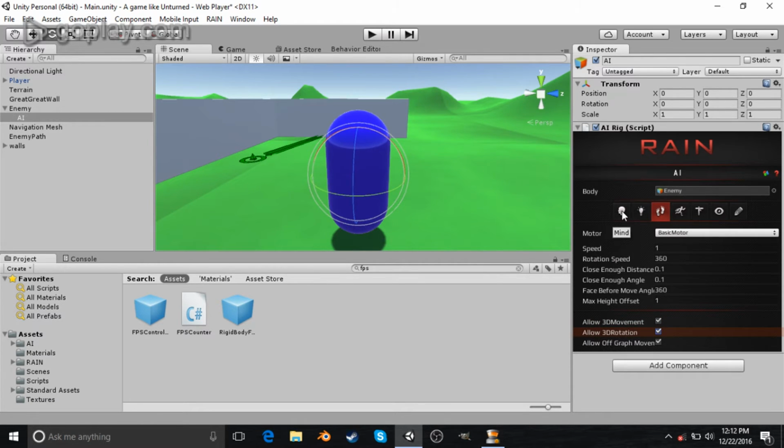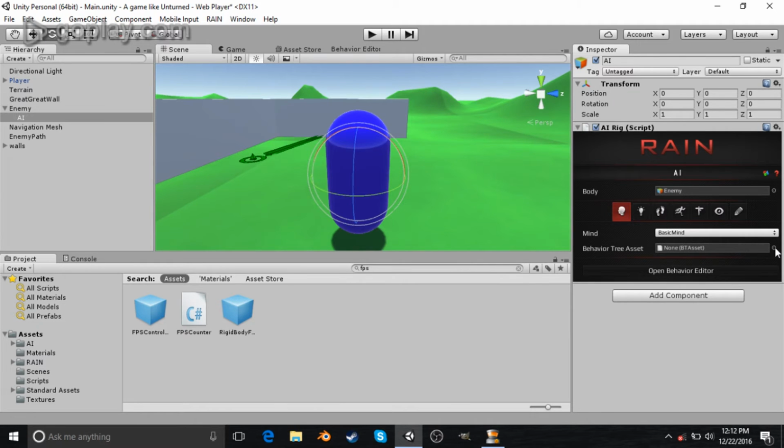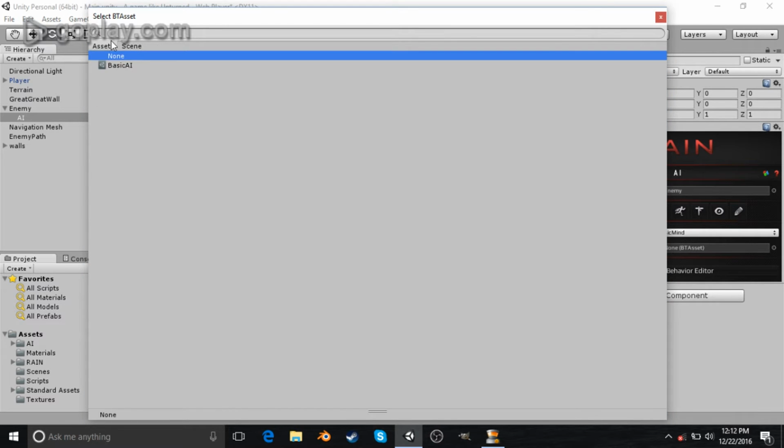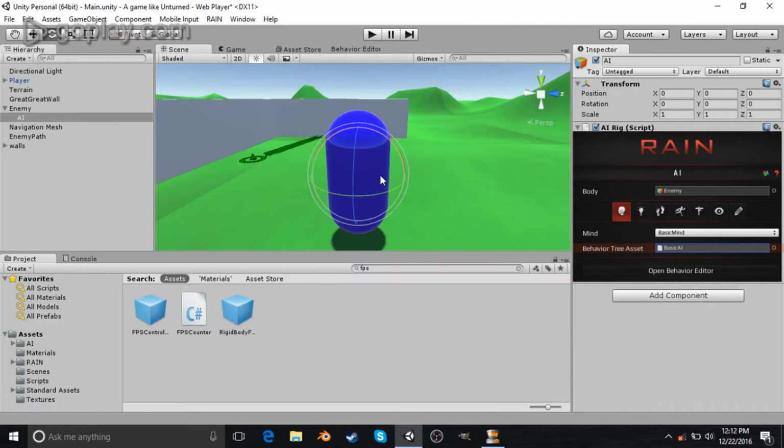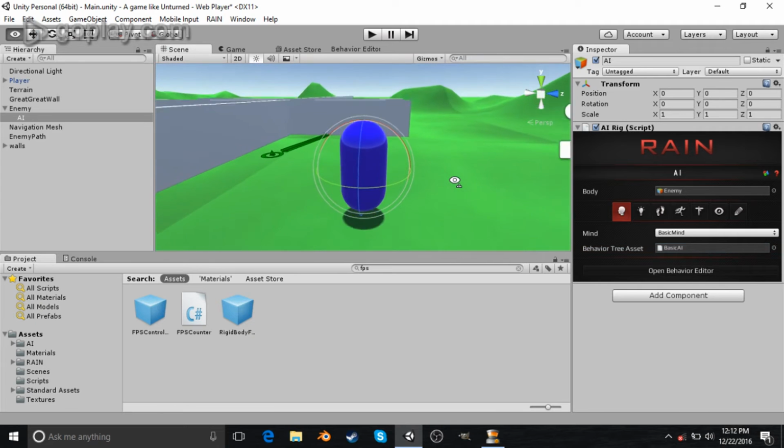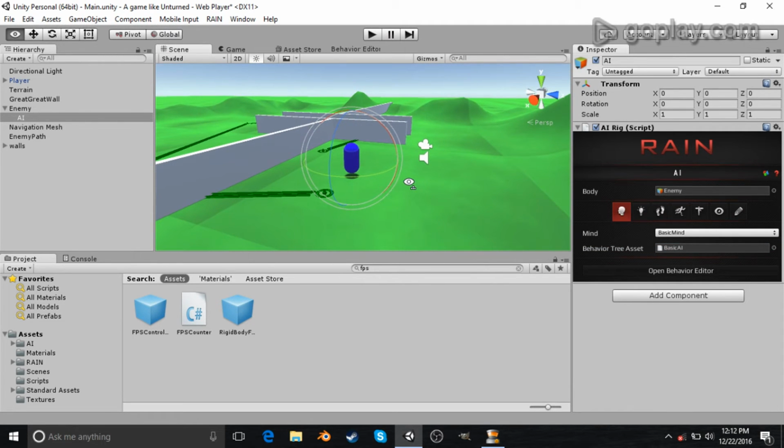Then go back to the mind, and behavior tree asset. We forgot to apply the behavior tree that we made to this. So let's go to assets, basic AI. Alright, cool. Then, once you got that, now it should work. Alright, so